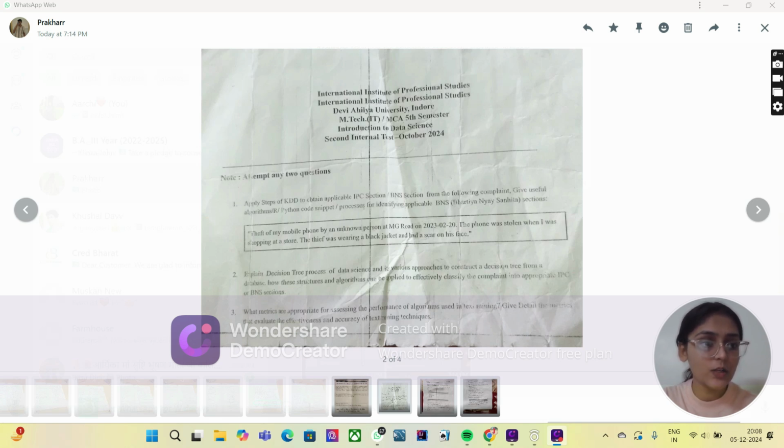A decision tree is a tree-like model that splits data into subsets based on features or attributes. The decision tree process involves the following steps, which include data preparation. Collect and pre-process the data, including handling missing values, encoding categorical values, and scaling numerical values. The second one is root node selection. Select the root node of the decision tree, which is typically the feature with the highest information gain.